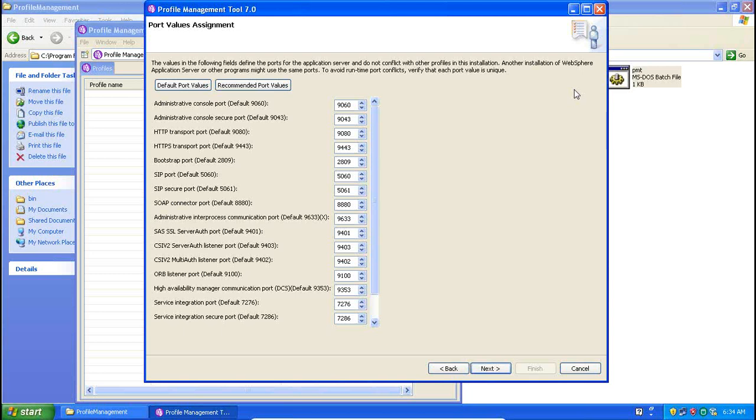Port number is just a number, right? You can give any number between 1 and 65,535. That is the range. It may not be 9080. You can change it to 1234. Doesn't matter. It's just a number.